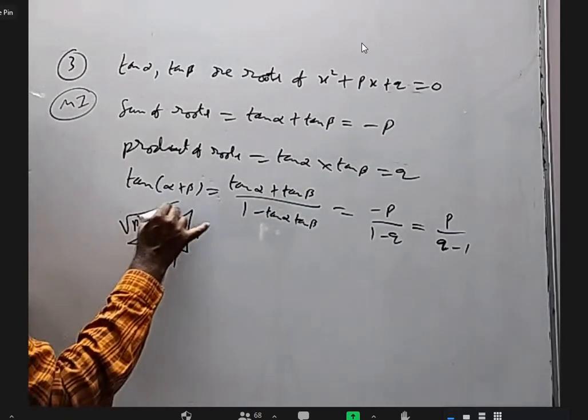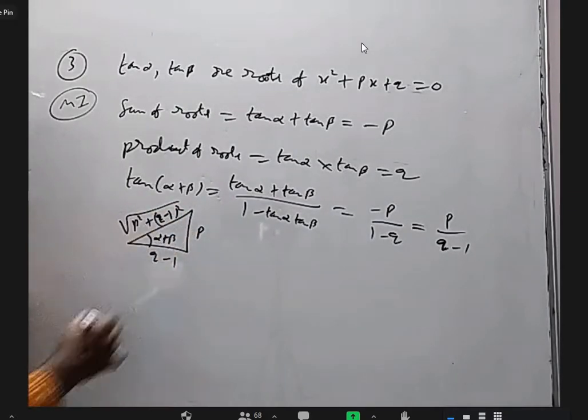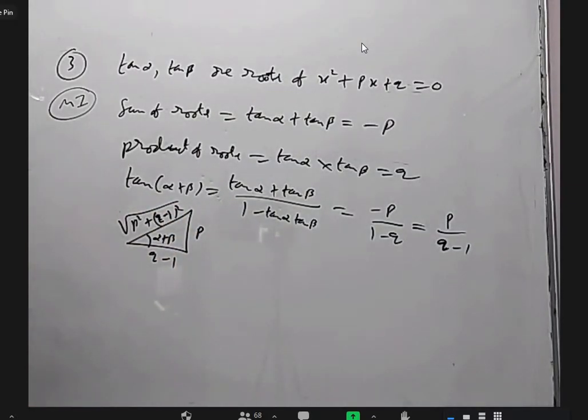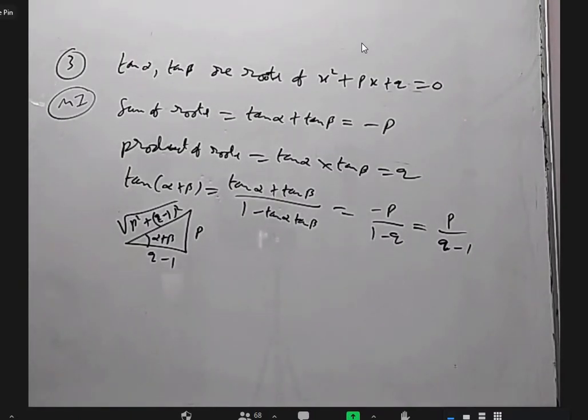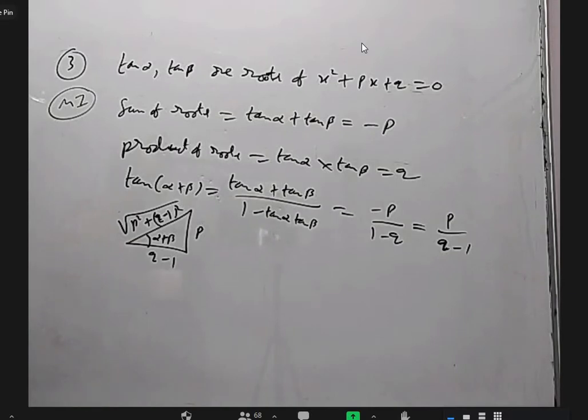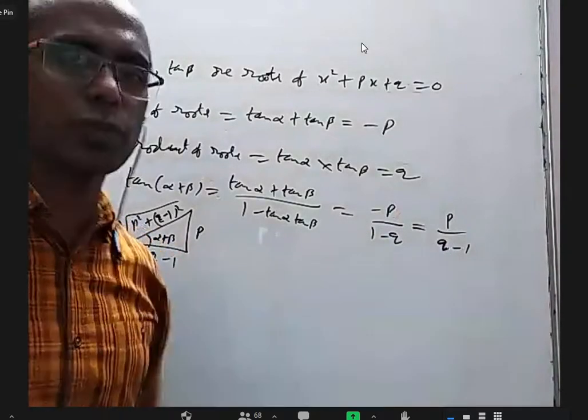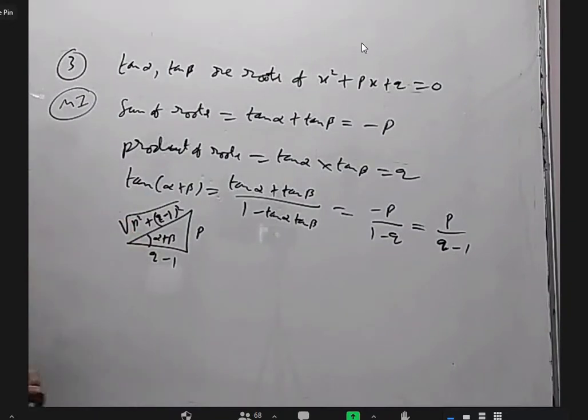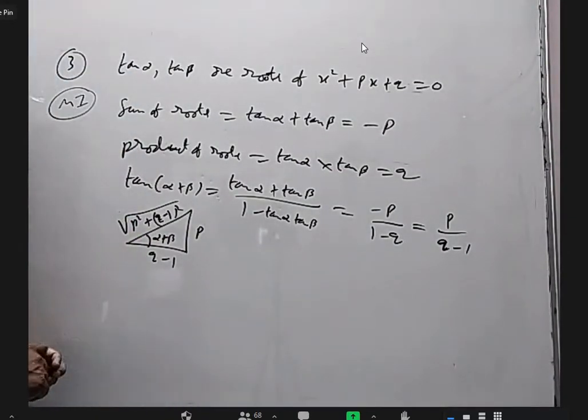Sir, tan of alpha plus beta can be written as sin of alpha plus beta by cos of alpha plus beta, no, sir? So we'll be getting sine of alpha plus beta is equal to p, and cos of alpha plus beta is equal to q minus 1. No, no. If the ratio of two things is 3 by 5, doesn't mean they're 3 and 5. They can be 30 and 50 also. So I have to take some k into p and some k into q, and that k is actually this term. But anyway, I think I can write sin by cos, do cross multiplication and square it also, I may get something.